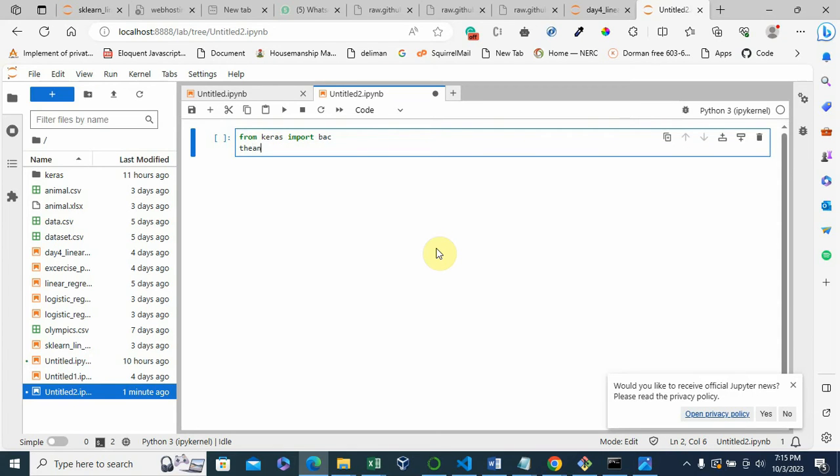So Keras is able to use Theano and TensorFlow. After the class, you can also install Theano, or Tino, depending on how you call it. Keras is able to use that kind of backend.